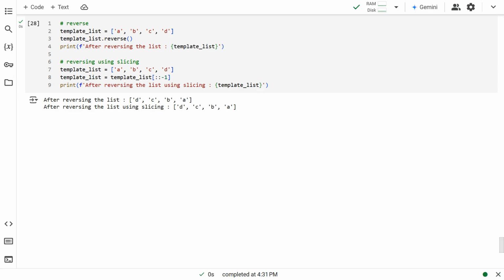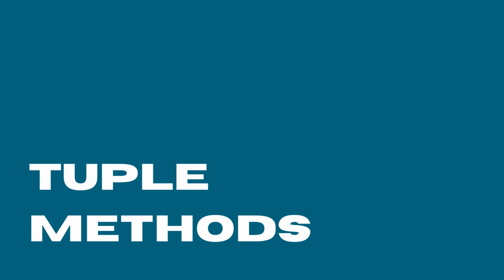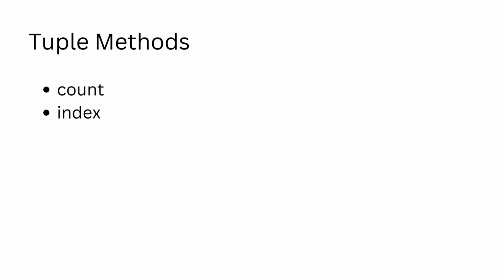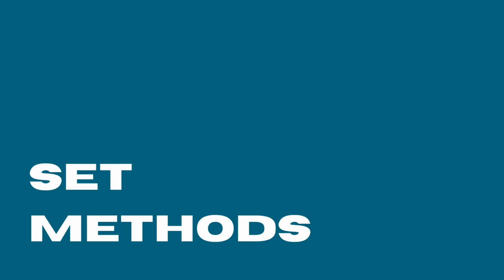Coming up, a short session on the methods of tuples. Since tuples are immutable, they have only two methods, count and index. They work in the same way as their list counterparts. Python sets support all traditional set operations like union, intersection, difference, etc. Sets are mutable collections that hold unique items of any immutable data type. So, a set can contain numerical elements, strings, and tuples. But mutable data types like lists and dictionaries cannot be elements of a set.